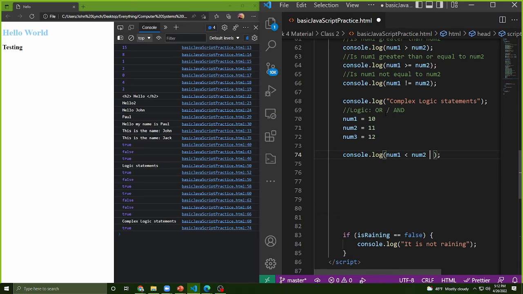I can put in these two vertical lines, and the way I'm doing it is that I press Shift on my keyboard and the backslash, which is to the left of the delete key. You're going to want to put in two of these vertical lines. I'm going to copy them into the Zoom chat. If you look up vertical lines online, it will give you them. This is the English equivalent of or. So it can be something like this now, where is num1 less than num2